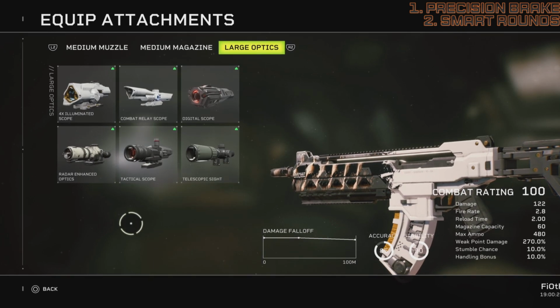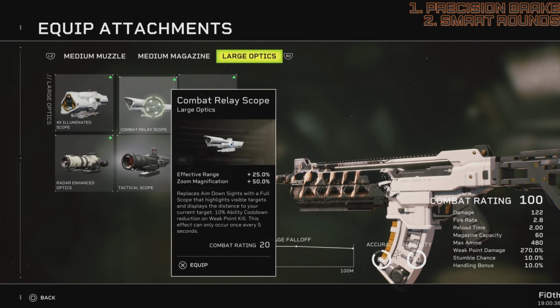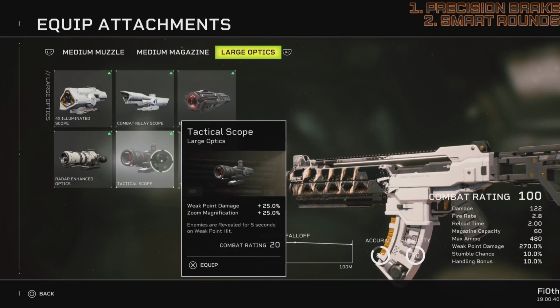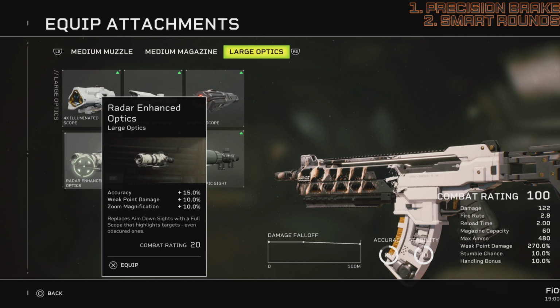For your large optics now, we do not want something that will turn these guns' sights into a scope. So we cannot use illuminated, we cannot use combat relay, we cannot use telescopic, and we cannot use radar enhanced optics. For me, you lose too much of your awareness, and the maps are not large enough to warrant it. There are 2 or 3 maps that have sightlines long